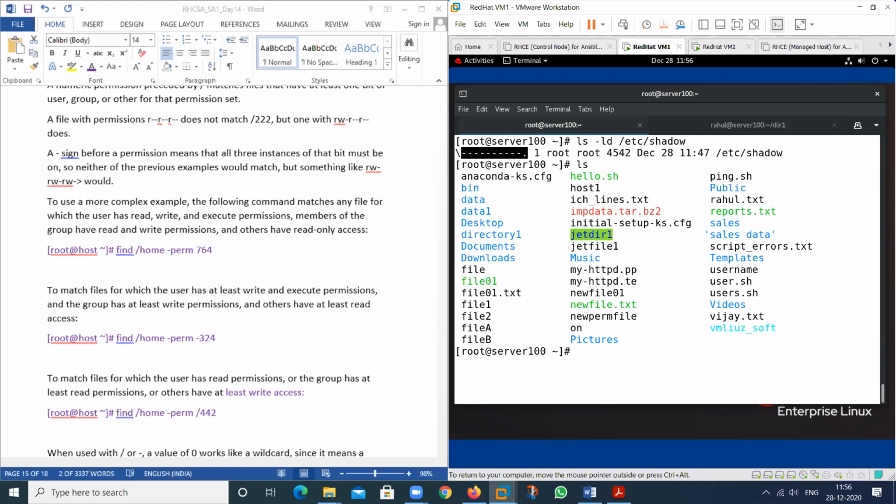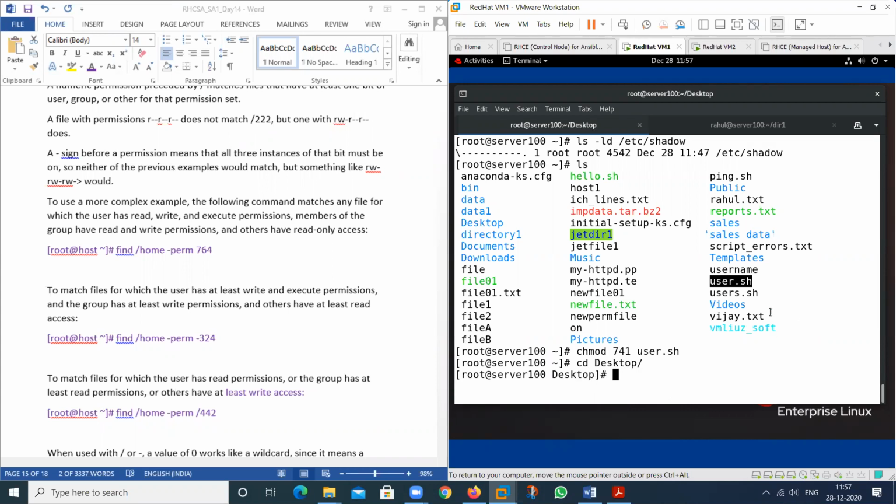See the result. If I provide the permission to this particular file by using chmod, then provide 741 as the permission for this particular file, then see, I move to this particular location.